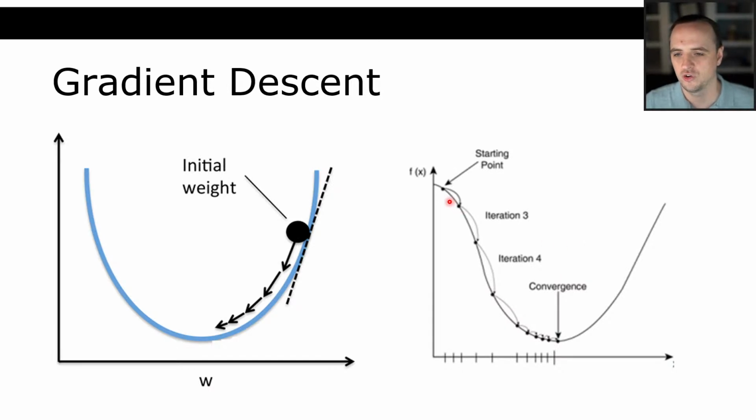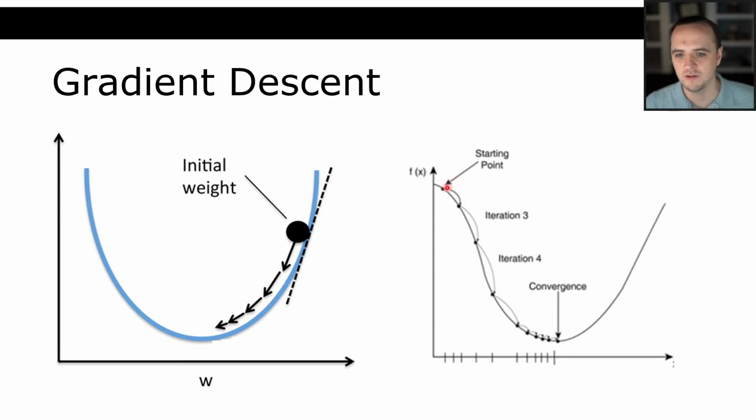Gradient descent is a class of algorithms where, let's say that my initial weight leads me here, and where I want to be is down here somewhere. So what they do is they calculate the error, they find the direction of the error, and then they move the weight toward that direction. And eventually, especially if this is a convex problem where there's no local optima, you move the weight in the correct direction toward the correct value of the weight that you want.